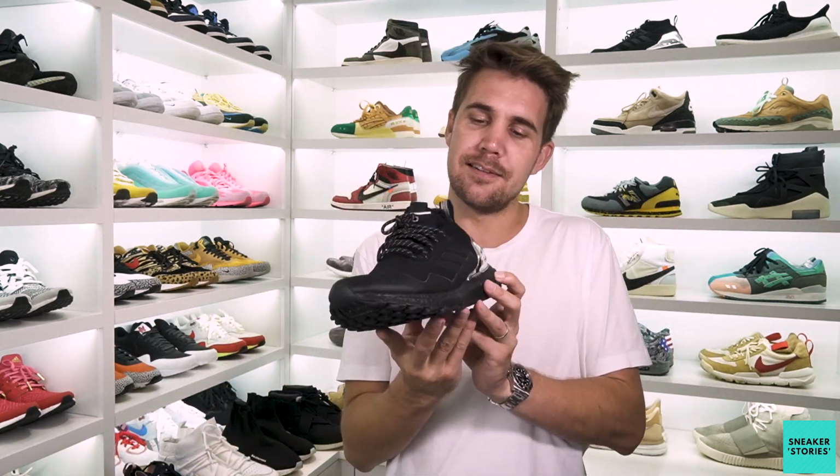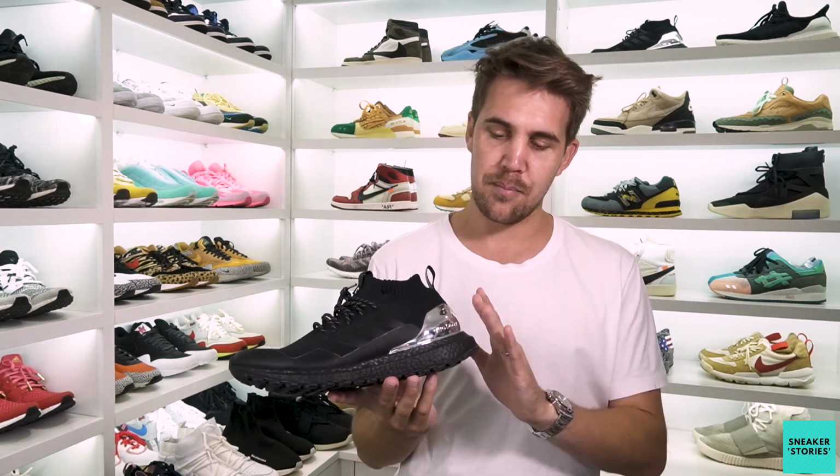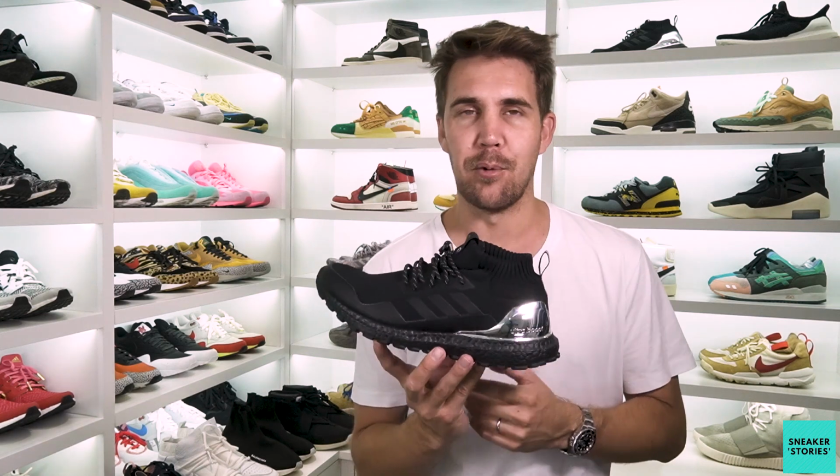edition over here. This is obviously just a little bit of a flex for winter if you want to rock these in the rain or whatever, but the same sort of theory applies with the ATR outsole, and the colorway of it being completely tonally black, apart from that heel cap over here, makes them a really awesome and easy wear